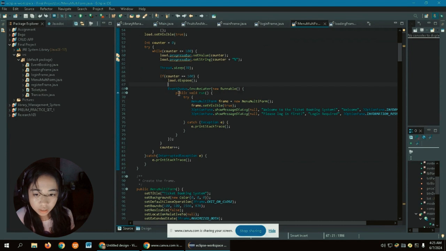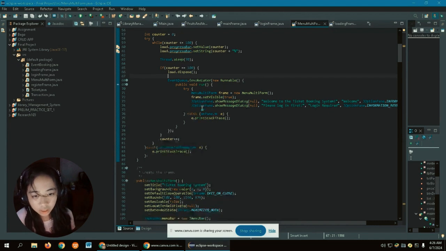After the loading frame is disposed, it will show a JOptionPane dialog message welcoming the user